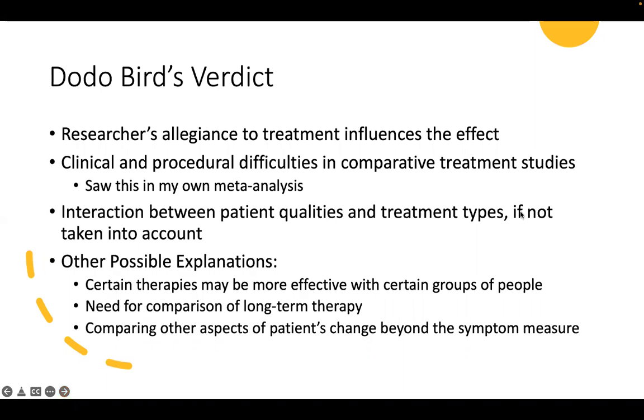So I think that it's the interaction between patient qualities or client qualities and treatment types. So again, let's say you are a diehard fan and use emotion-focused therapy every second you can, and you have a very logical, intellectual person. If you're using emotion-focused therapy on a person who doesn't value emotions or who doesn't see the point or role of emotions, that's going to inherently affect the outcome.